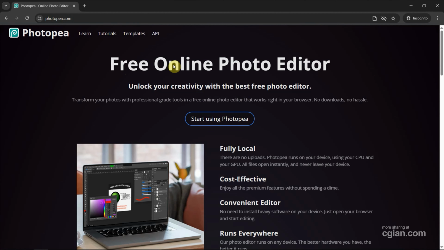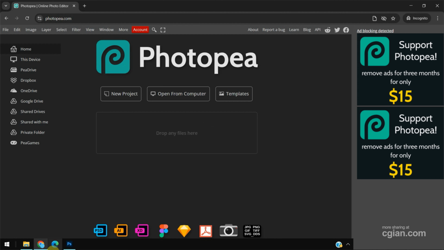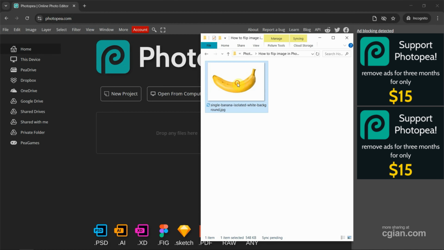Photopea is a free online photo editor. We can go to this website to use Photopea for free. We can click Start using Photopea. After starting Photopea, we can go to File and I drag and drop an image into Photopea to open